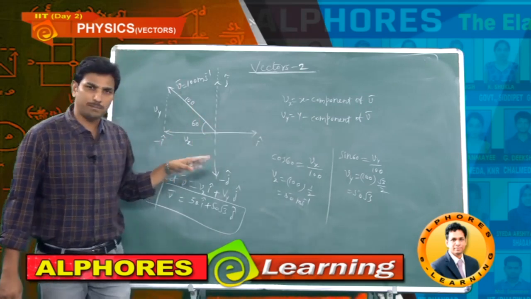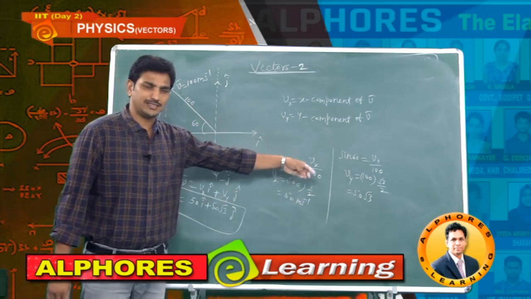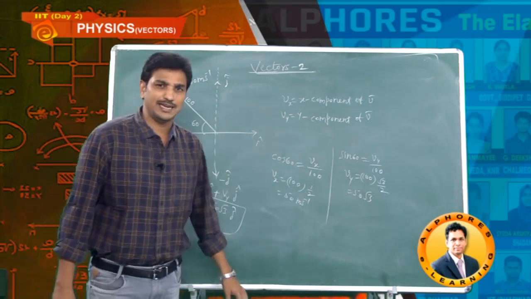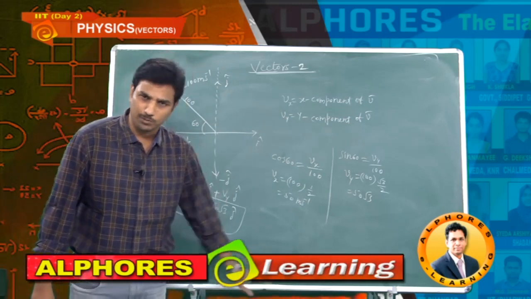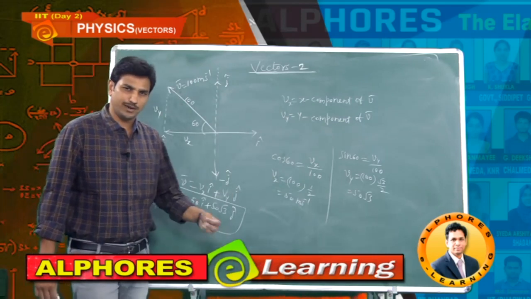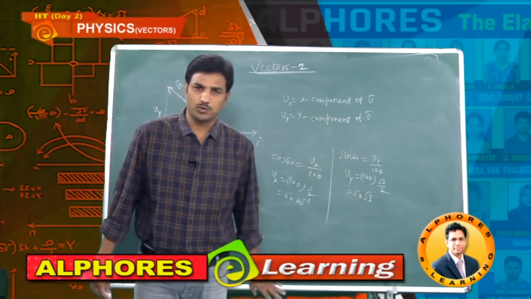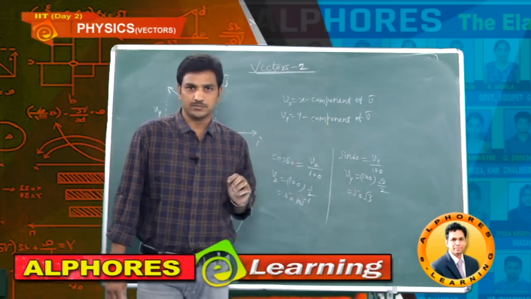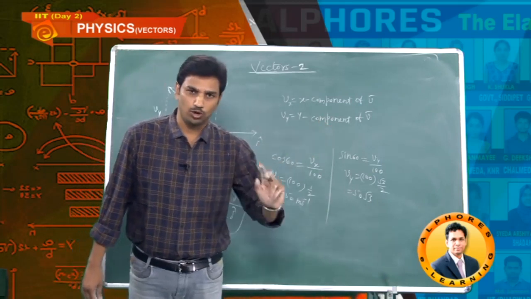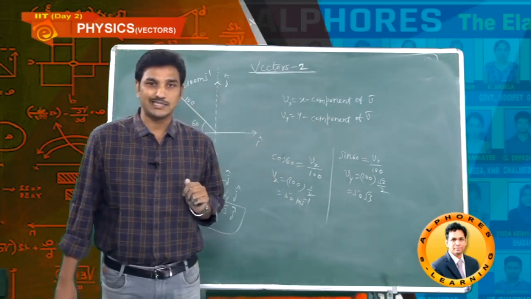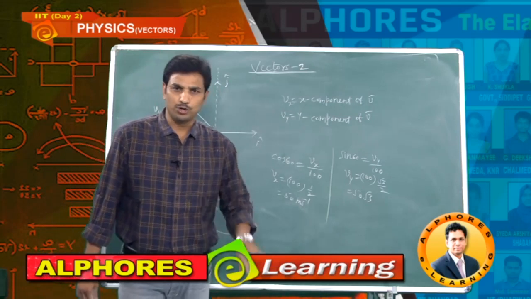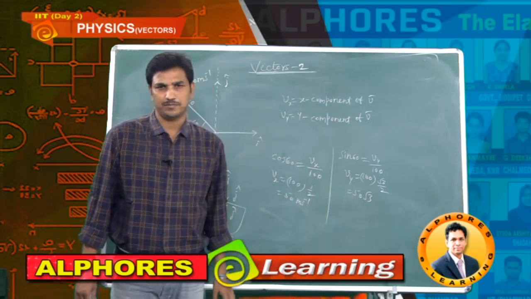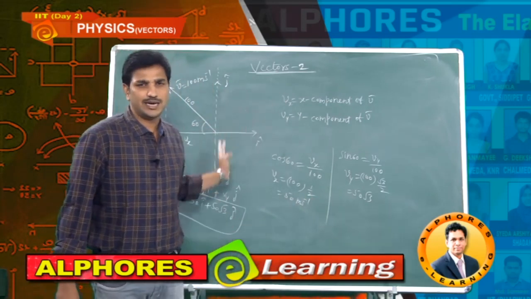So I know the magnitude of velocity, but I didn't know the vector form of velocity. How did we do that? Simple and logical. It's very easy to understand. In 2D I will take 2 components, in 3D I will take 3 components, in 1D I will take only 1 component. Simple. Starting from morning we are discussing only one single point. A particle moving in 1D has 1 component, in 2D it has 2 components, in 3D it has 3 components. If you don't know the components, give them some names: Ax i cap, Ay j cap, Az k cap. Give some names and finally you will get the answers.